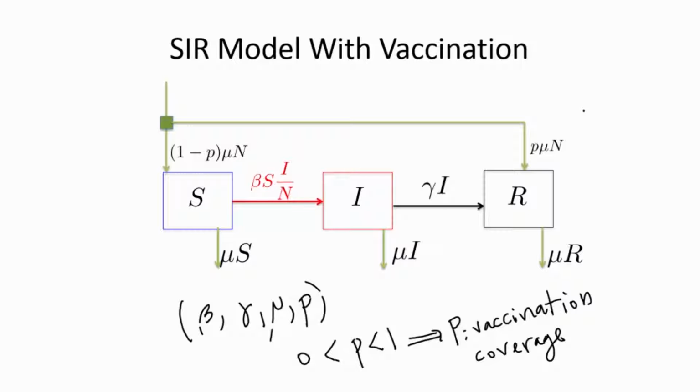But an approach that's even simpler than writing a separate compartment is to think of those, remember the newborns? Previously, we were assuming that all newborns were arriving as susceptible individuals. And so what we could do here when we have this fraction of vaccination coverage is that we can basically split the arrivals and say a fraction P of those arrivals are going to be assumed